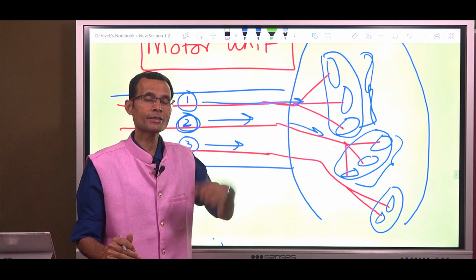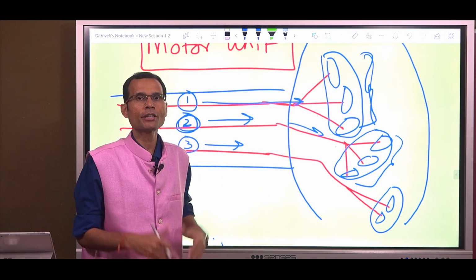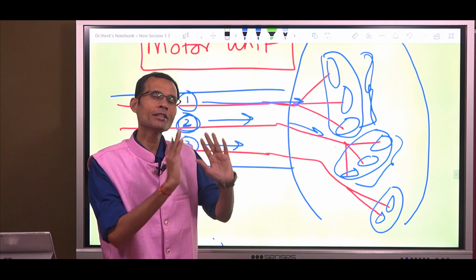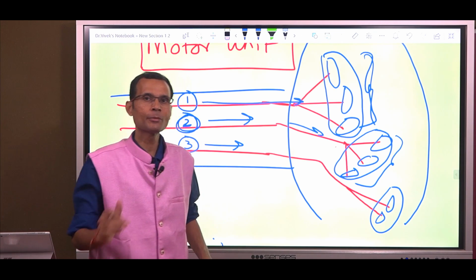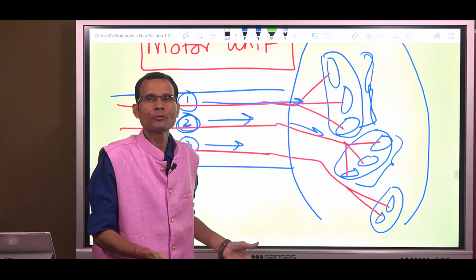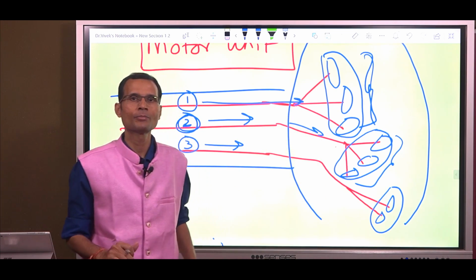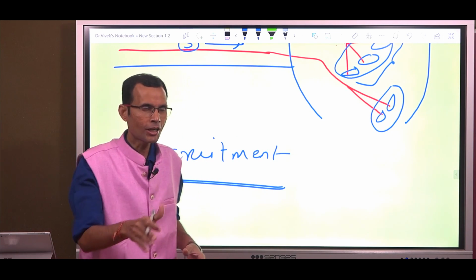If you increase the stimulus strength further, the strength of contraction cannot increase any further. Why? Because all motor units are already in contraction. So a further stronger stimulus cannot increase the strength of contraction any further. The muscle has only so many fibers, so many motor units. So that's the second thing I wanted to mention. And the third one is,